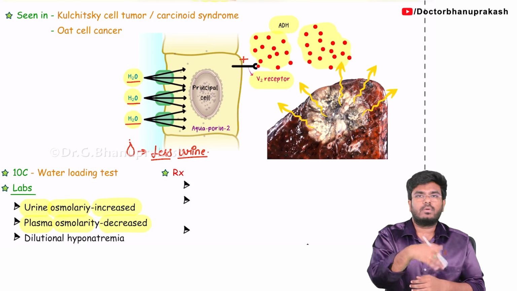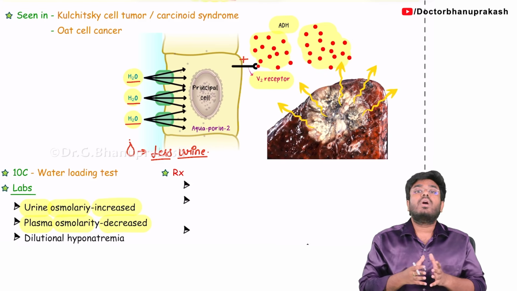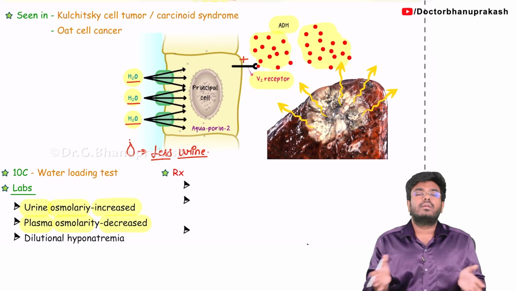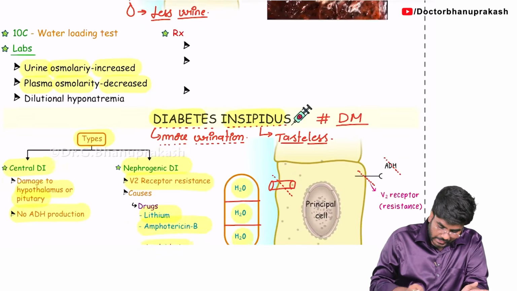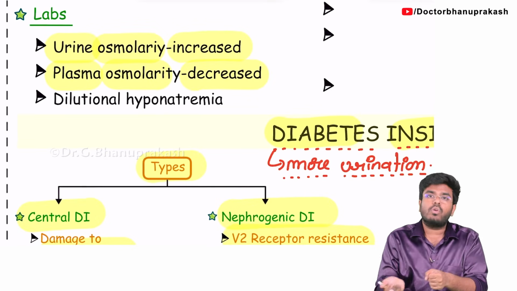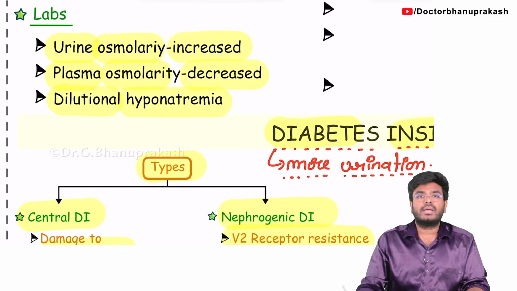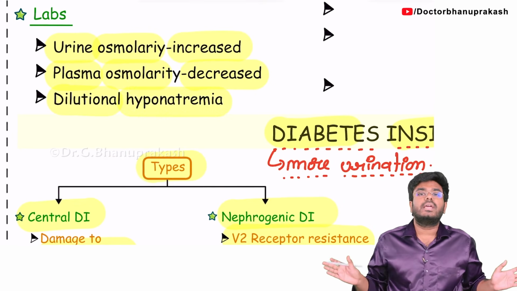Going back into the plasma, going back into the body, reabsorbed back into the body. So what will happen to the plasma? Plasma is diluted. The sodium levels in the plasma are diluted. So there will be dilutional... As you are adding more and more water into the plasma, there will be dilutional hyponatremia. The sodium levels will be diluted, chloride levels will be diluted.